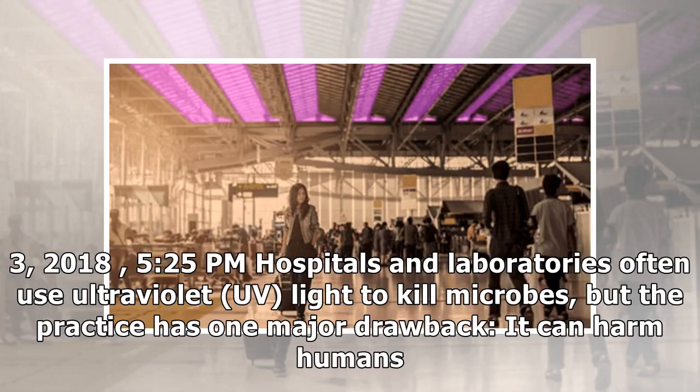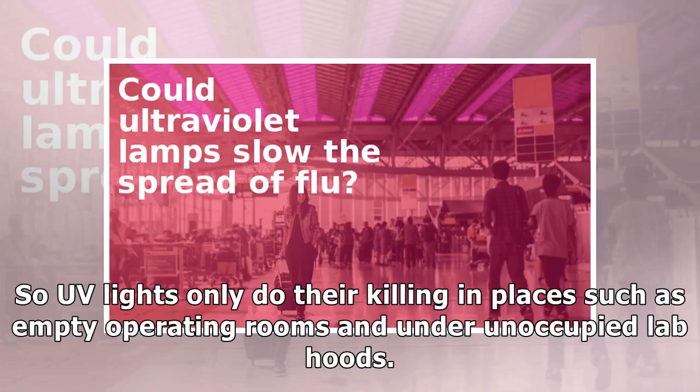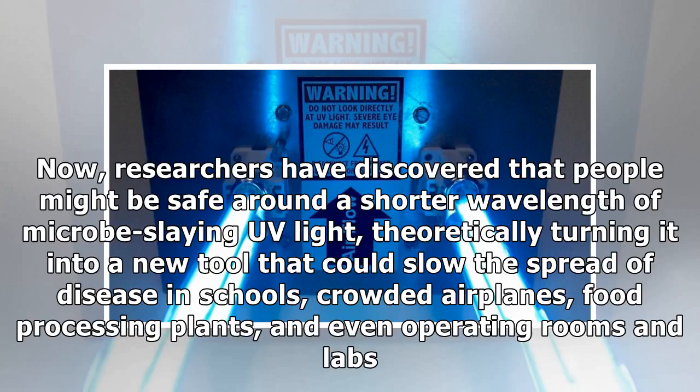Hospitals and laboratories often use ultraviolet (UV) light to kill microbes, but the practice has one major drawback: it can harm humans. So UV lights only do their killing in places such as empty operating rooms and under unoccupied lab hoods. Now, researchers have discovered that people might be safe around a shorter wavelength of microbe-slaying UV light, theoretically turning it into a new tool that could slow the spread of disease in schools, crowded airplanes, food processing plants, and even